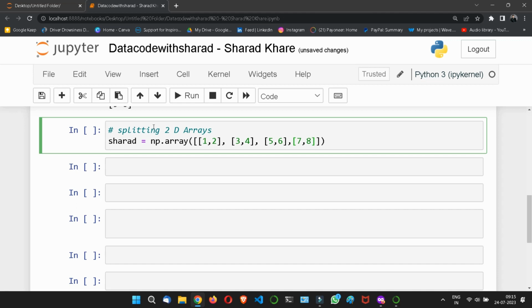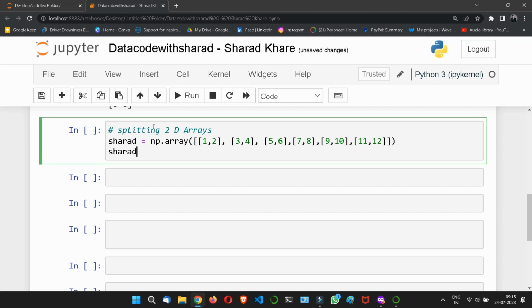I am creating a big one, 9 10 and 11. Oh, sorry, 11, 12. Okay, now it is completed. Sharad a new one, np dot array, the same function we will use is split, and